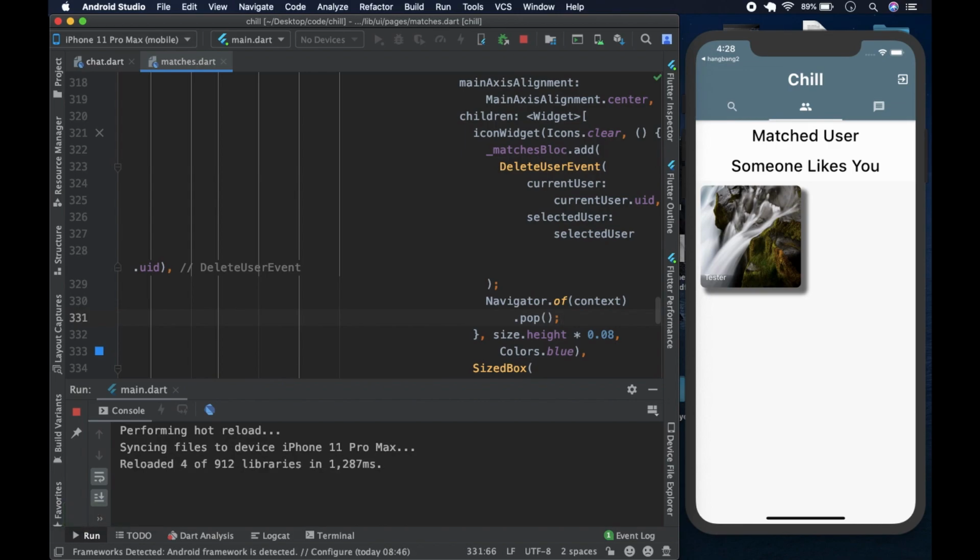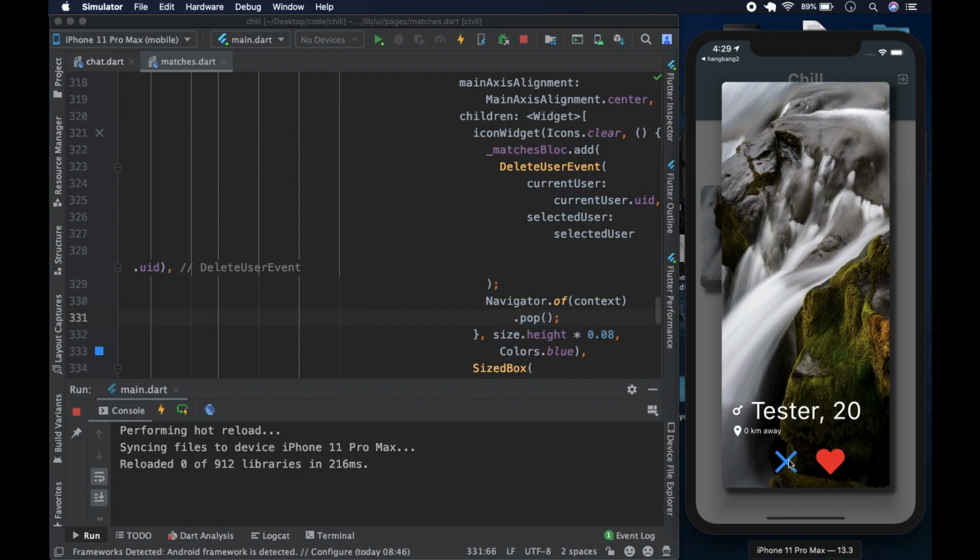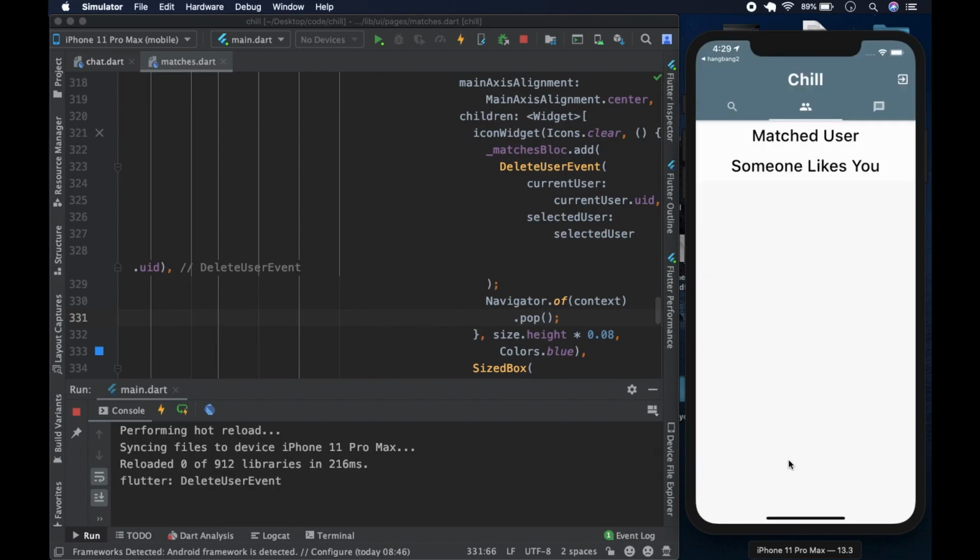If you're deleted on pass, we'll copy it to the match, the heart. So let's first hot reload, and come here, and we're going to hit the X. If we hit the X and this code works, it should disappear from the foreground. So we hit the X, and yeah, both disappear. So basically we have sorted that out. So when you reject someone, they also disappear from the foreground. They don't linger there after you've said no to them.